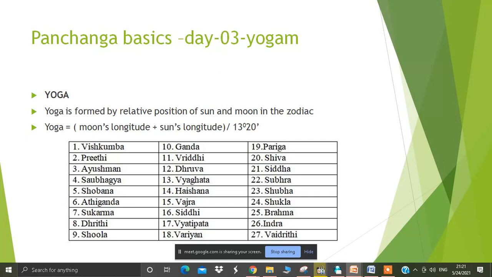In the next class, we'll see what the bad yogas are and why they have to be avoided. Then we'll also finish the remaining two angas, Karana and Vara, because they are very short, hardly 10 to 15 minutes. Then we'll go into all the Shodasha samskaras in detail, one by one, and cover the remaining topics extensively, so that there is no necessity for another level course. Everything will be covered here.